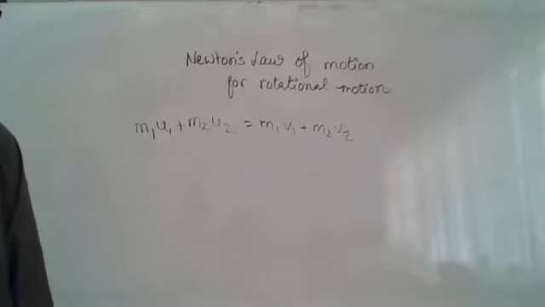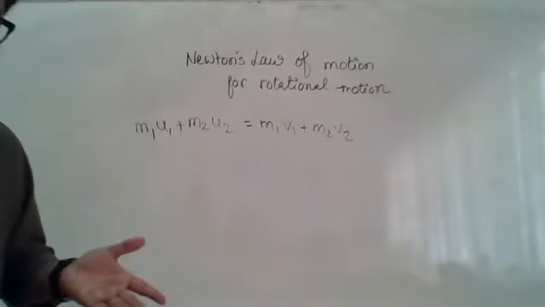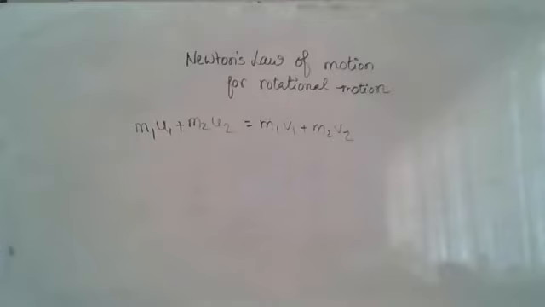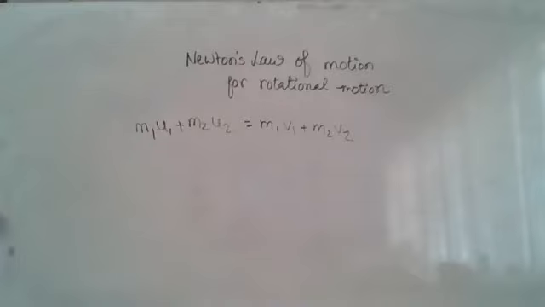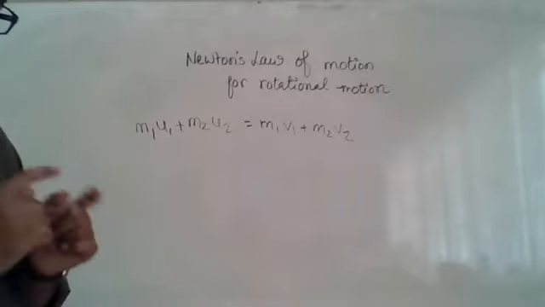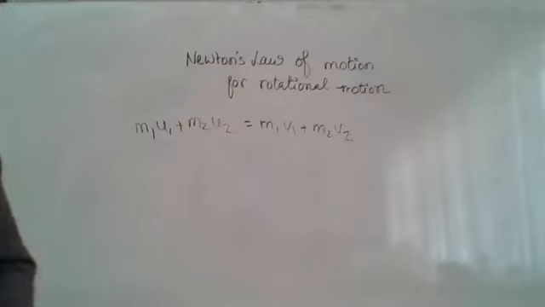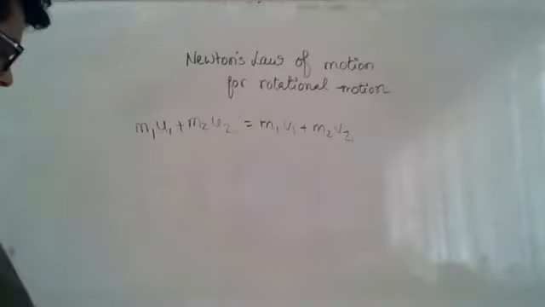Momentum is the product of mass and velocity. Mass is always constant unless we change the body, and here we are not changing the body, so the mass can be considered fixed. If the velocity is also constant, then mass into velocity, that is the momentum, is also constant. In other words, if the torque applied on a body is zero, the angular momentum is conserved. The mass will not change, the velocity will not change, so the momentum will also not change. This is called the law of conservation of angular momentum. I can explain this further on the next page.